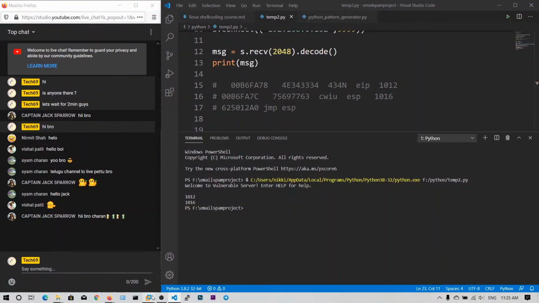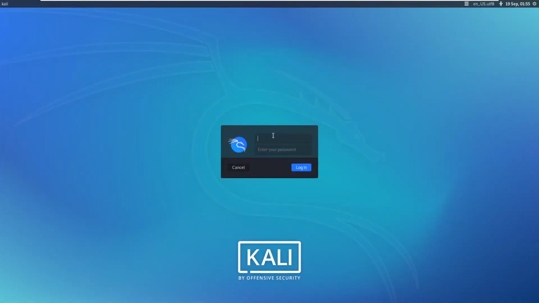Now we have to generate the Metasploit payload using Metasploit. Let me log into my Kali Linux machine.